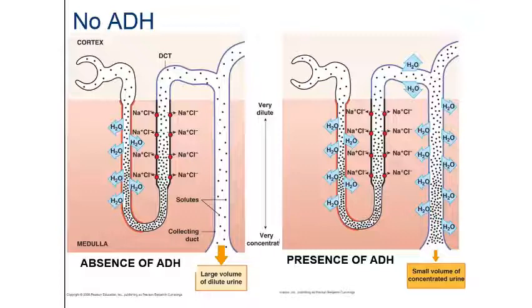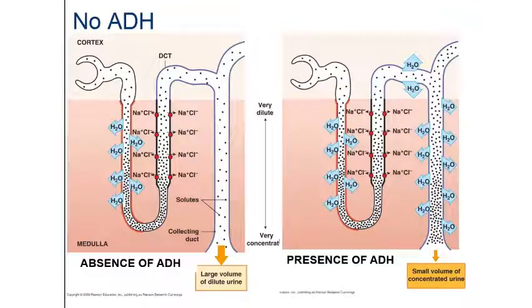In another video, right? The descending limb is going to absorb the water from the filtrate, so it gets very concentrated, and it's the most concentrated at the bottom. However, on the way up, you're going to be absorbing NaCl, causing it to be diluted. Once again, so typically without ADH, you will just be producing large volume of diluted urine